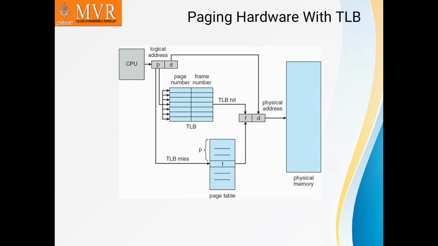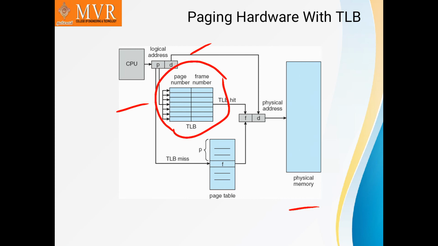Paging hardware with TLB. See here, this is the CPU and this is the physical memory. The logical address will be converted into a physical address. The logical address has P and D. P means page number, D means offset. In this page table, it has the